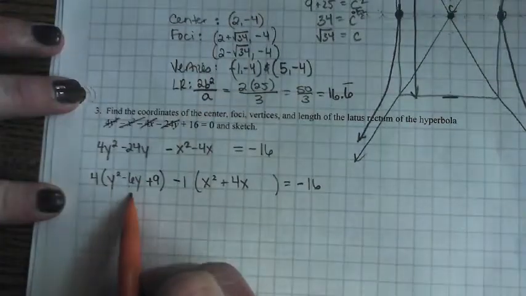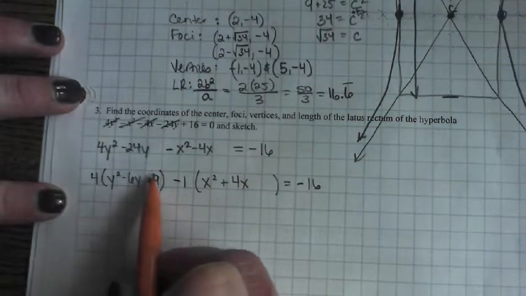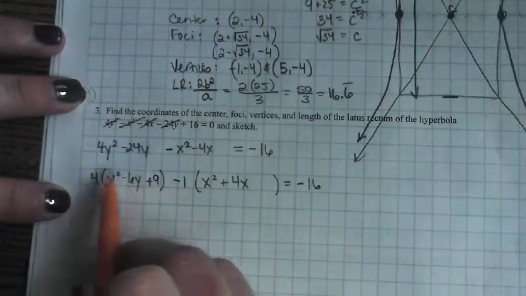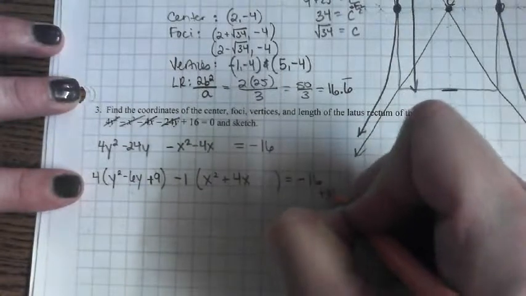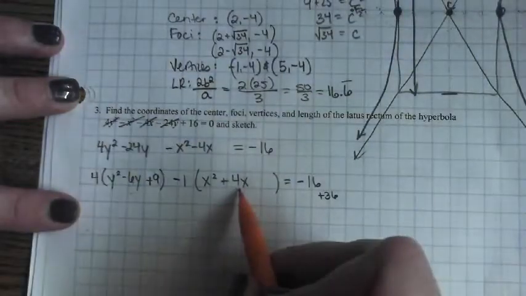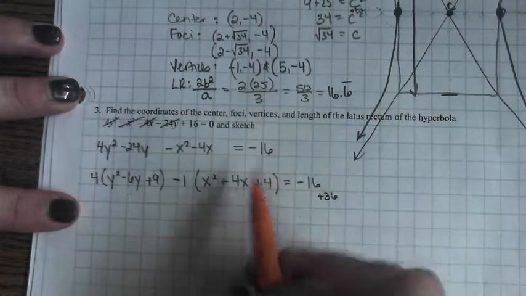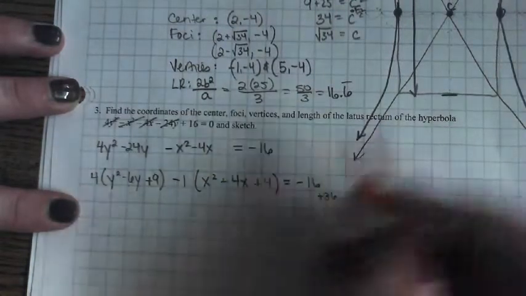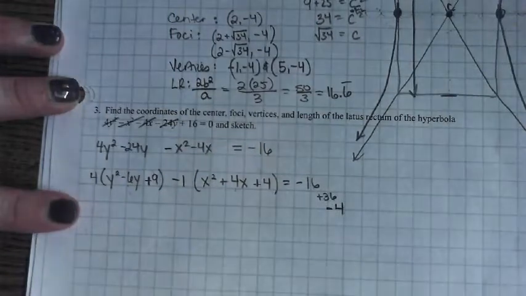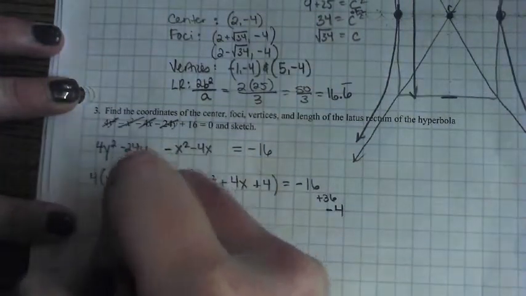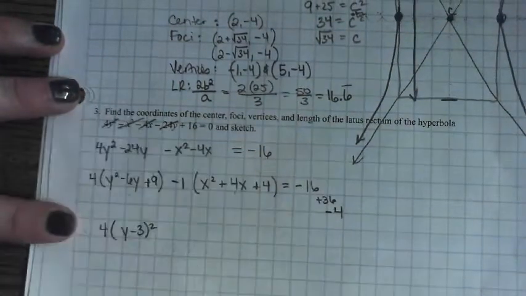Half of negative 6 is negative 3, and negative 3 squared is 9. But I really added 36, so I have to add 36 to counter that. Over here, half of this is 2, so square that number, and I get 4. I really subtracted 4, so I have to subtract 4 to counter that. So when I factor, I get y minus 3 squared